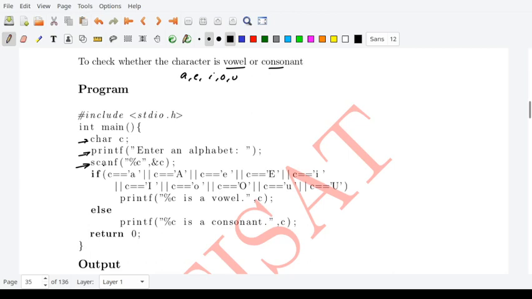Then what am I going to do? I am going to check whether this character C is a vowel or a consonant. So how can I check that?